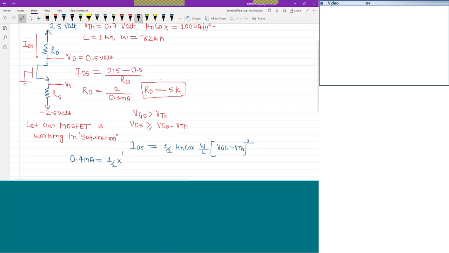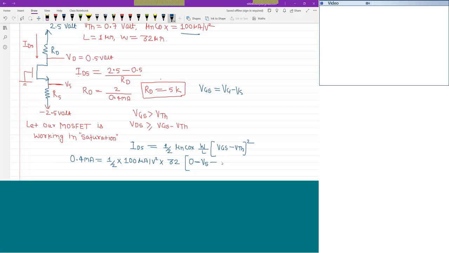Then this is equivalent to 1/2, and the value of mu n into COX is given by 100. ये वैल्यू कितना दिया है? You can say this value is 100 microampere per volt square. 100 units का ध्यान रखें आप, microampere per volt square. W by L ratio is given as 32. पुराना हो गया पर ठीक है. VG, the value of VG is what? 0. है ना? VGS कितना होगा? You can say the VGS is equivalent to VG minus VS. तो VG का वैल्यू है 0 एंड माइनस VS